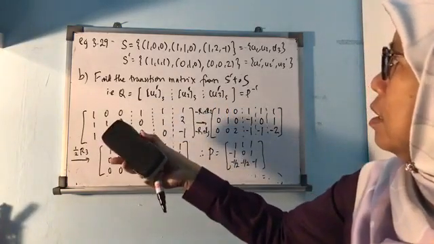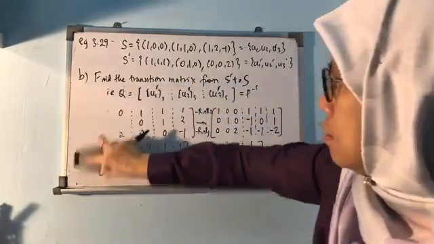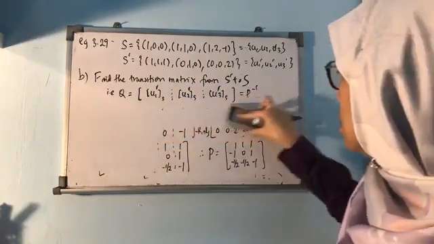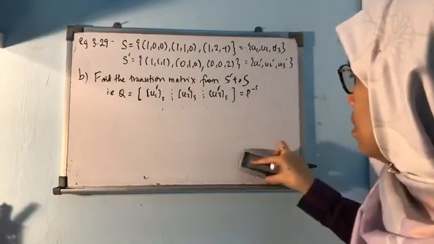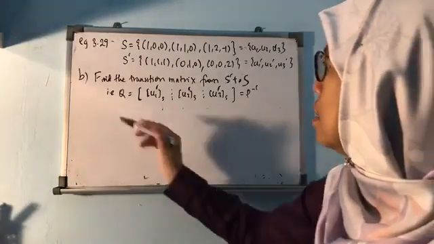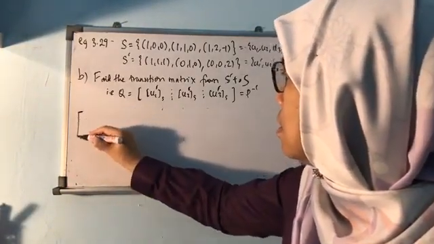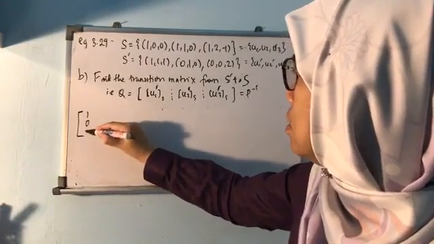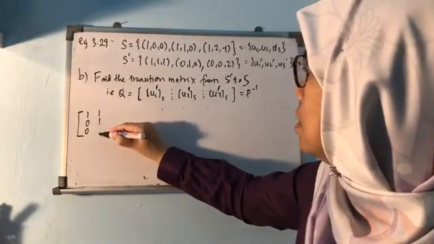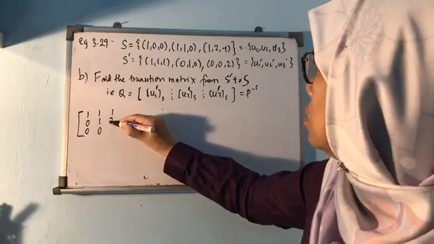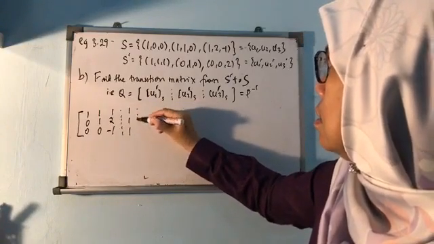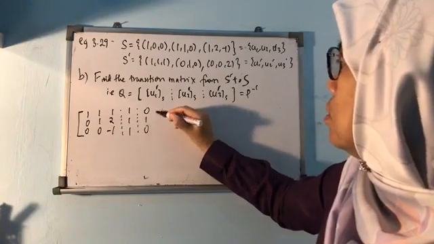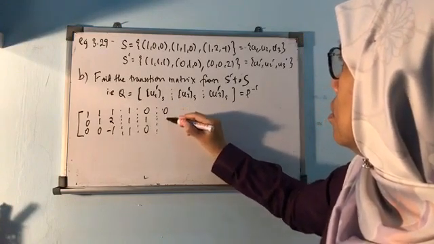Okay, you have to put S first. Do this again. S first. So 1 0 0 1 1 0 1 2 -1 1 1 1 0 1 0 0 0